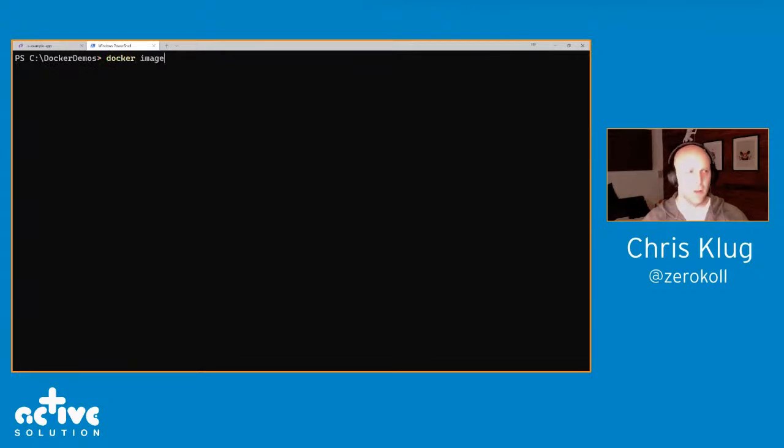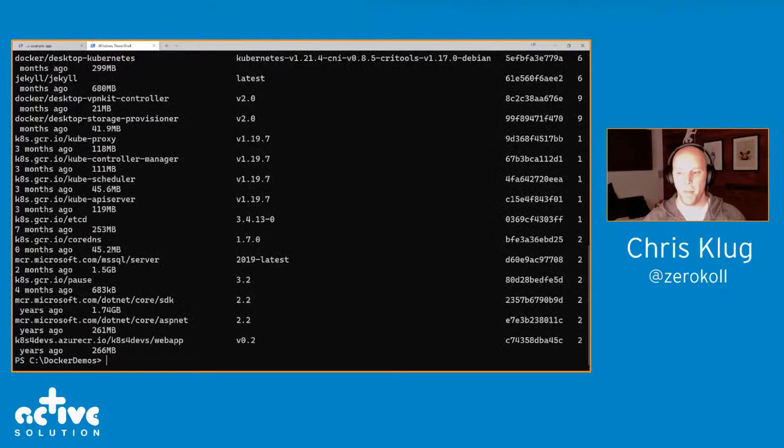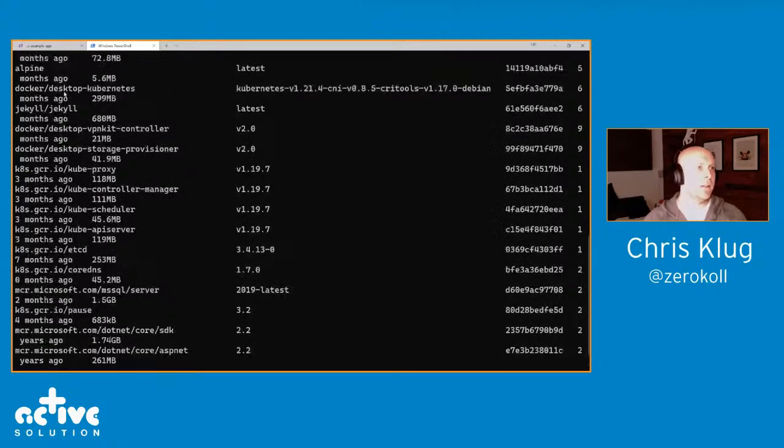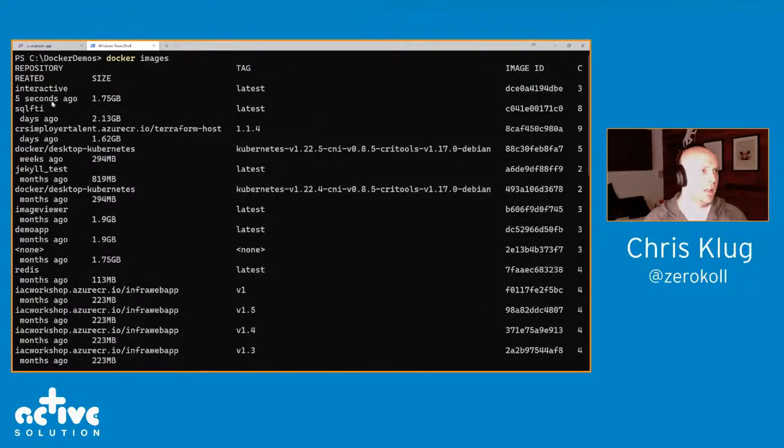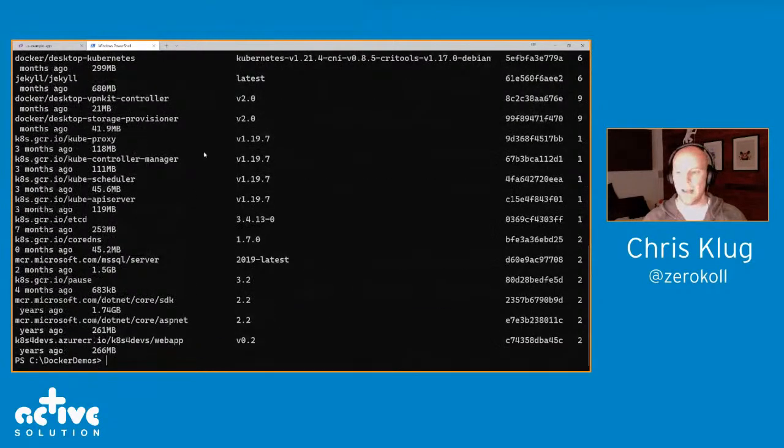But if I go and look at the images on my machine, which we can do with docker images, we can now see that there is an image in here. There are lots of images in here, I've been working on stuff. There is an image in here called interactive that was created 5 seconds ago. So with that image, I can now go ahead and say